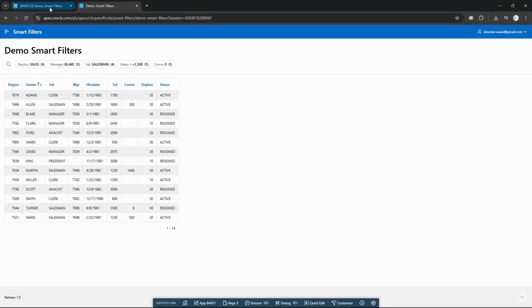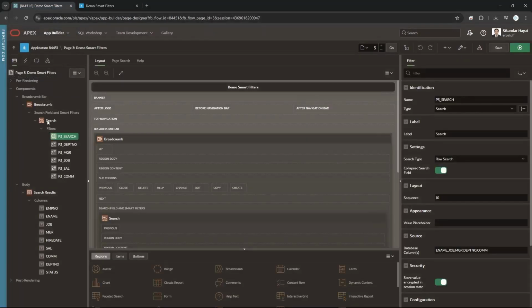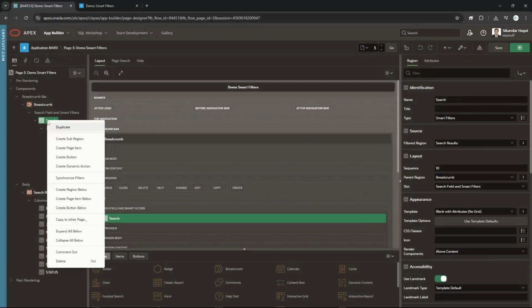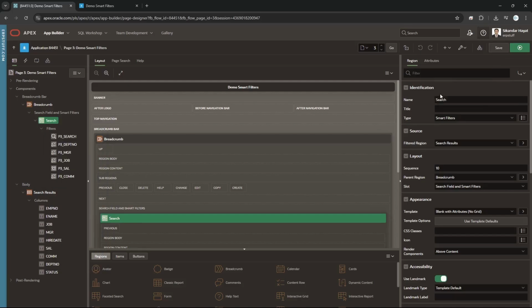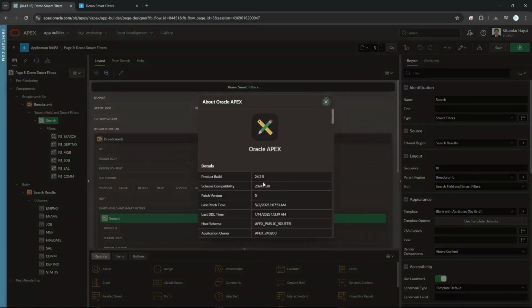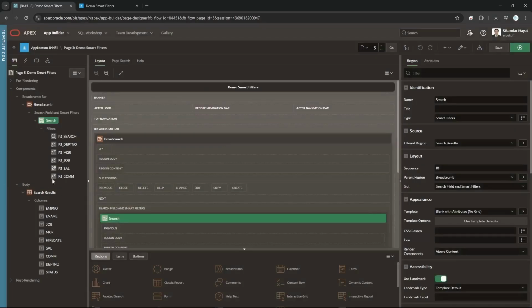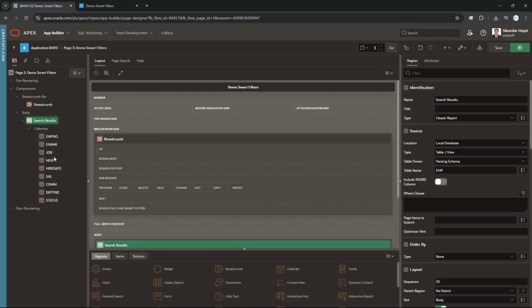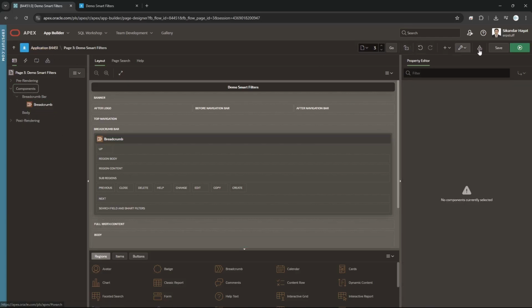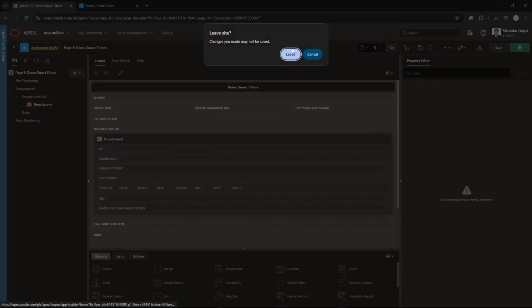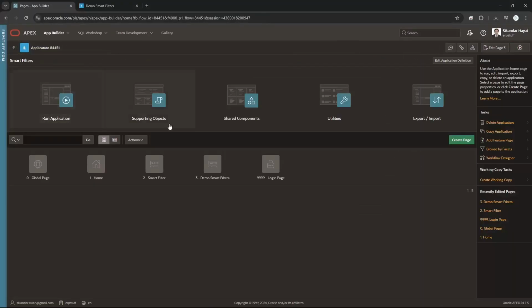So if you remove any column, there is some problem. Maybe I don't know. Let's see. If we synchronize filters, it will take all the cells. Maybe the Oracle team can check further on this. It is in version, the latest one, 24.2.5. Okay, now let me remove this. Or maybe instead of taking this risk, in this page